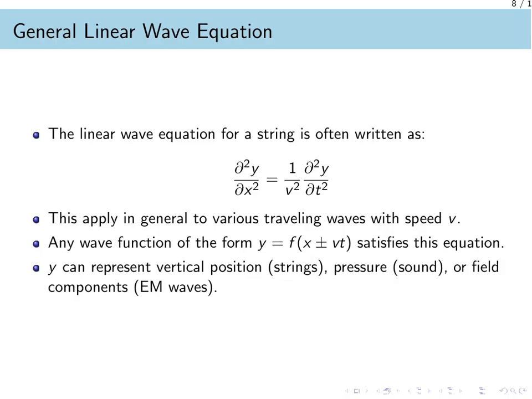The general form of the linear wave equation is written as the second partial derivative of y with respect to x equals 1 over the velocity squared times the second partial derivative of y with respect to time. This equation is universal for various types of traveling waves moving at a constant speed, v. Any function where the position and time are related in the form of x plus or minus velocity times time